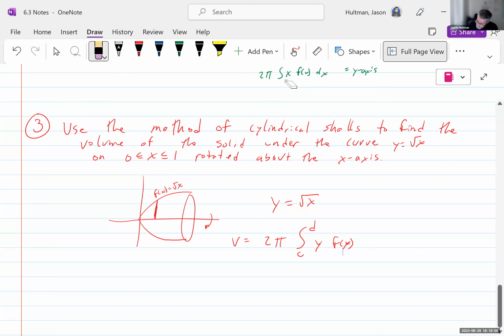Okay, so we just have to change our frame of reference. We have to change our default axis. Okay, so if I want to, this is to rotate about the x-axis